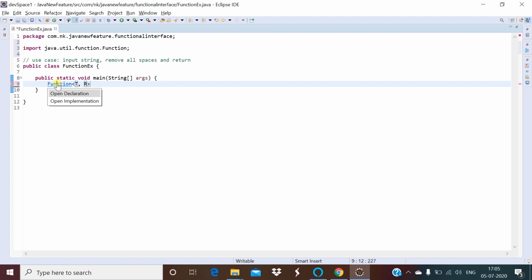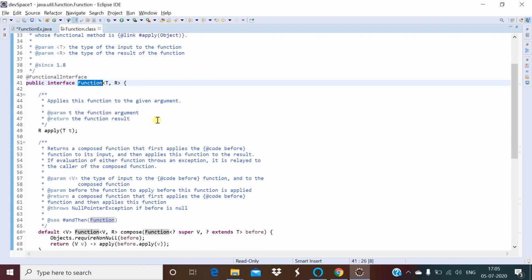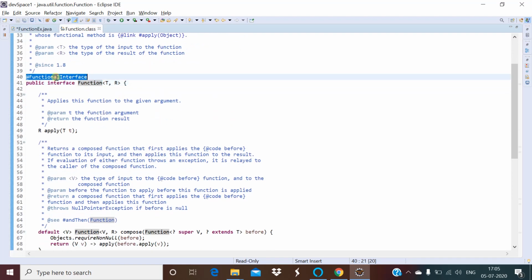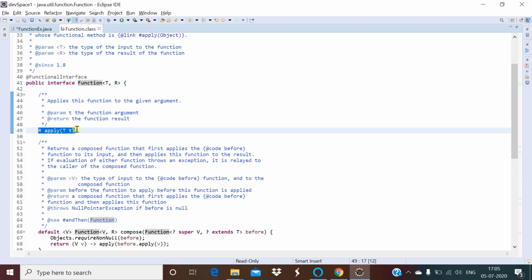Again it is a functional interface, as Predicate is. It was introduced in Java 1.8 and it takes two types: one is the input parameter type and the second is the return type. It has one abstract method, apply, which takes the input type and returns the return type, which is the symbol R here.